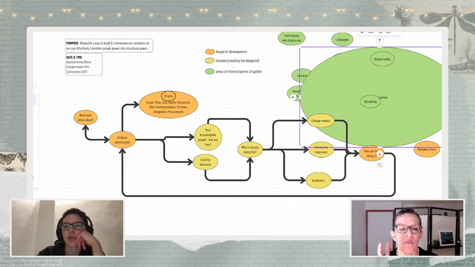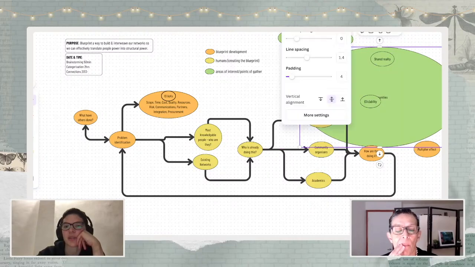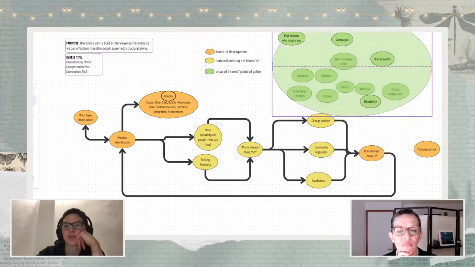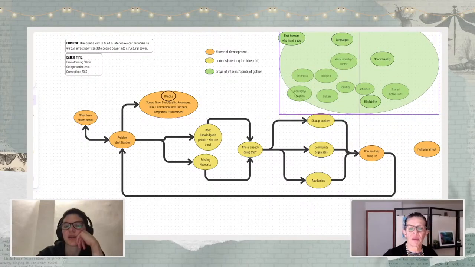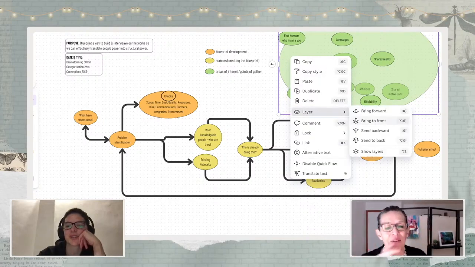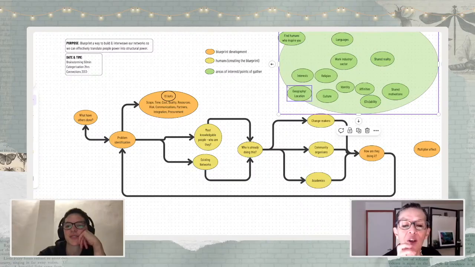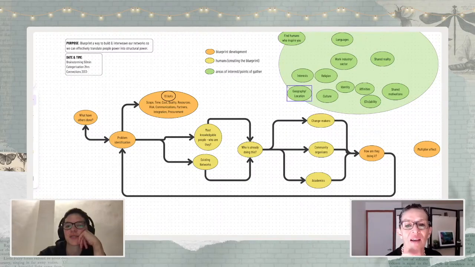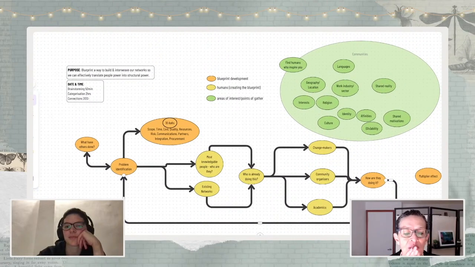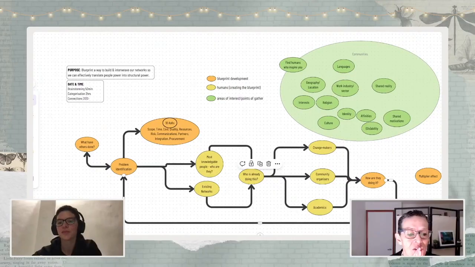So I'm gonna make a big community. I know this is a bit messy right now. I'm gonna do the same thing we just did, because I think that is helpful. I don't think we have done it like that before. I usually do, but they don't move around. They are all together here, but I have not done it the way that we just did. So, for example, find humans who inspire you.